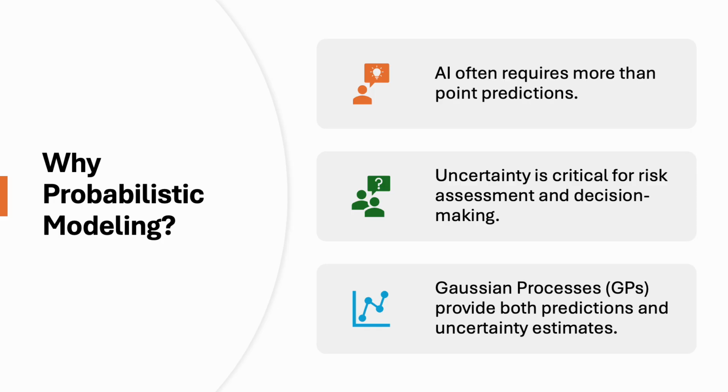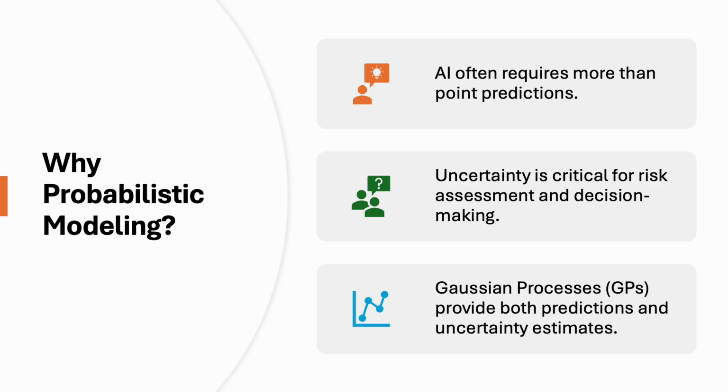Probabilistic modeling is essential because it allows systems to account for uncertainty and variability, which are inherent in real-world scenarios. In many situations, data is incomplete, noisy, or influenced by unpredictable factors, making deterministic approaches unreliable. By incorporating probabilities, models can provide not just single predictions but also a range of possible outcomes along with their likelihoods. This enables more informed decision making as it highlights the confidence level in each prediction.